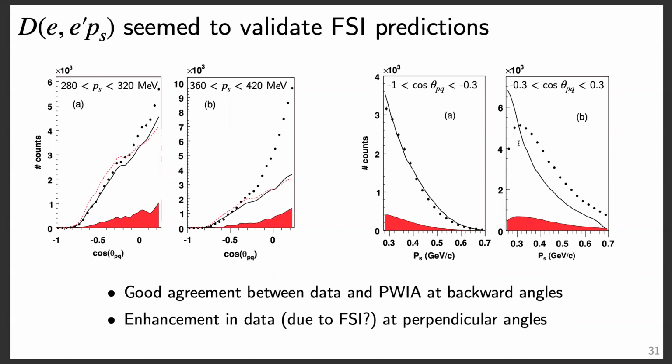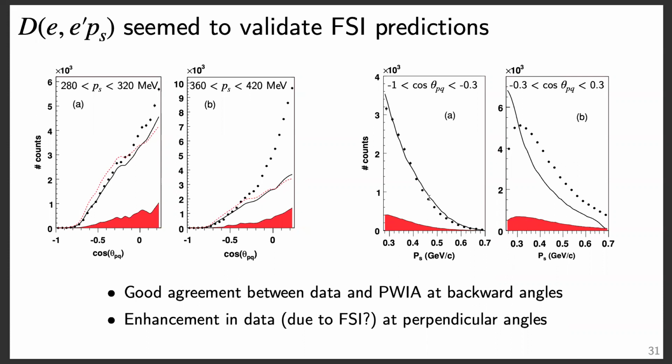Right. And especially if you're saying that FSI is known to be not very constrained, that's sort of implying that the uncertainty of that line is probably large, or that you have a large effect from FSI at these kinematics. Yeah, but if I count PWIA and say the error on that is small, omitting FSI is part of the error. That's my point. The point I'm trying to make here is that if you say, okay, I'm omitting certain processes, the FSI processes, and you know that you're omitting that from your calculation,